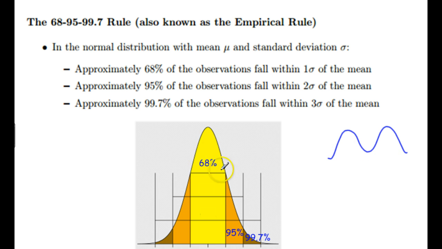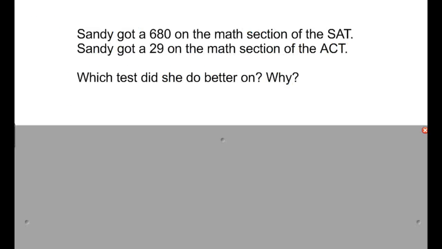68% of the data is somewhat average in there. That's the bulk of the data, going to be within one standard deviation of the mean. It's going to be relatively close. Two standard deviations away from the mean, 95% of the data. The bulk of almost all of the data, and it really gets unusual if you get more than two standard deviations away. 99.7% will be within three standard deviations. We use this oftentimes with IQ or many different measures that we do with data.